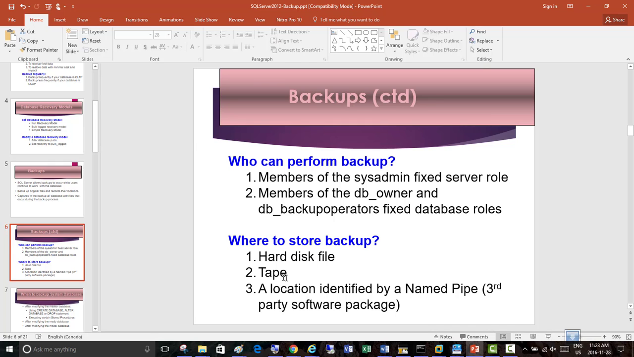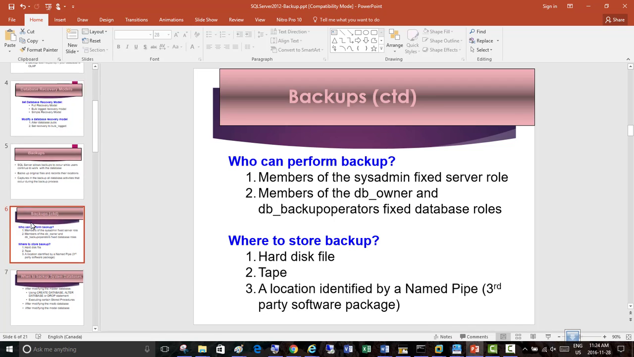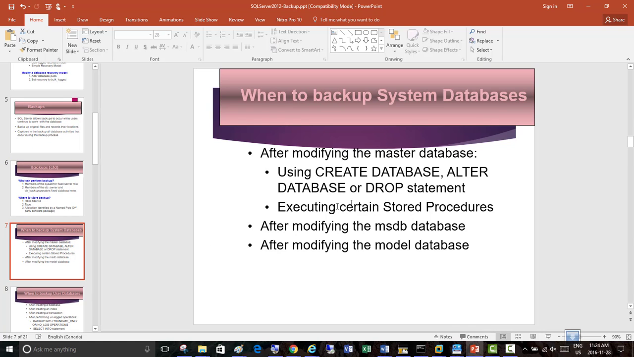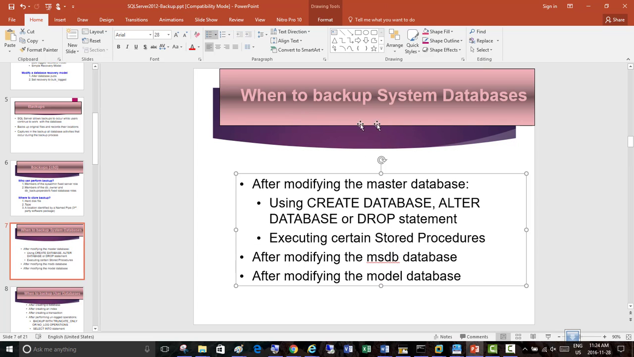Tape drives do have a lot of space to offer with one tape, and that is a little cheaper than the hard disk drive that we purchase. So if the hard disk drives are SSD, they are not going to just break down so soon. Otherwise, the other drives are not that reliable. So when to backup system databases: after modifying the master database, which is